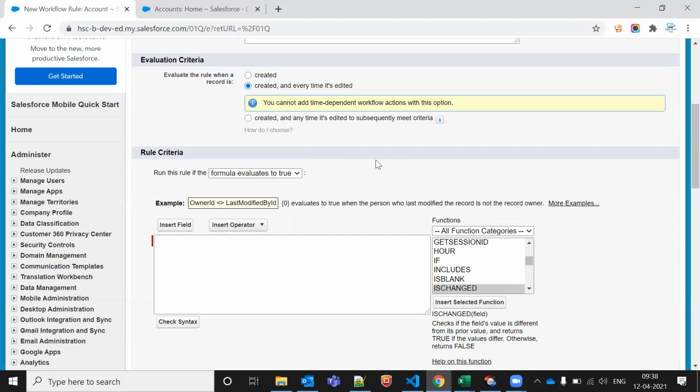I didn't get your question actually. My question is, in the workflow, what condition do we have to put here where there is no condition?